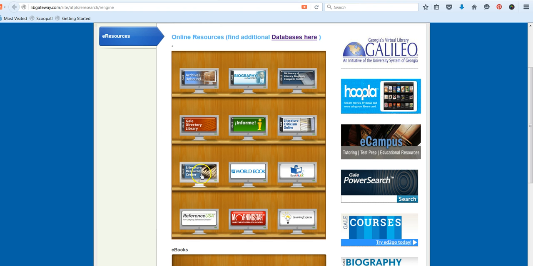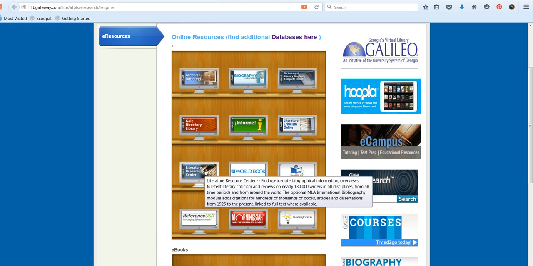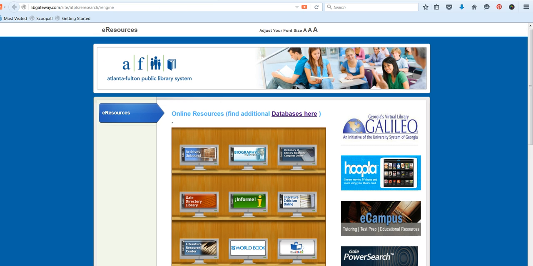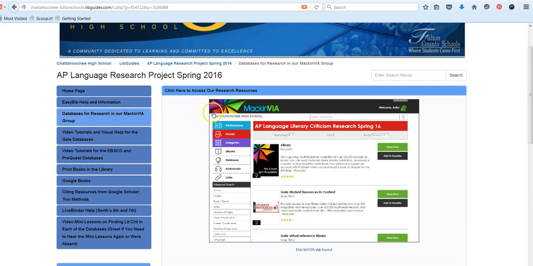Gale Literature Resource Center works just like student resources in context and GVRL. So if you belong to the public library or need an incentive to go join, that can be a very handy tool for you. Last but not least, for the most part, you're not going to find any literary criticism